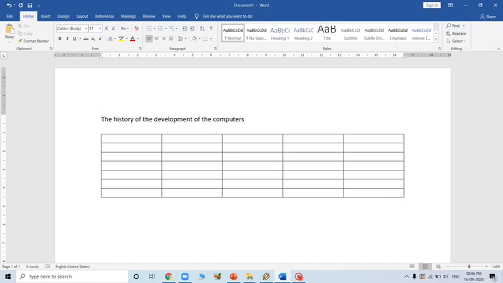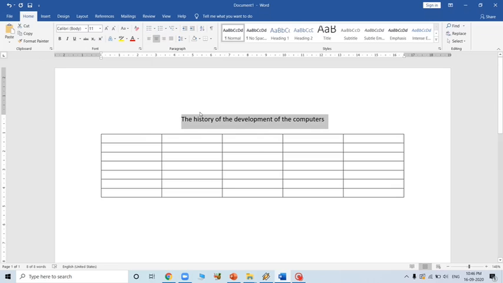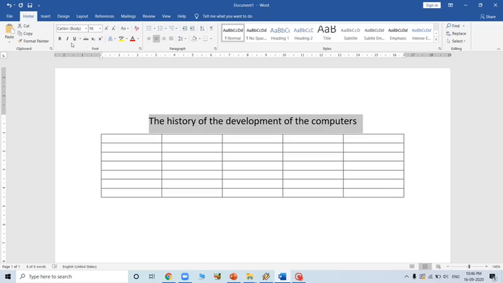You can see, just select this, go here, click here and it will come in the middle.